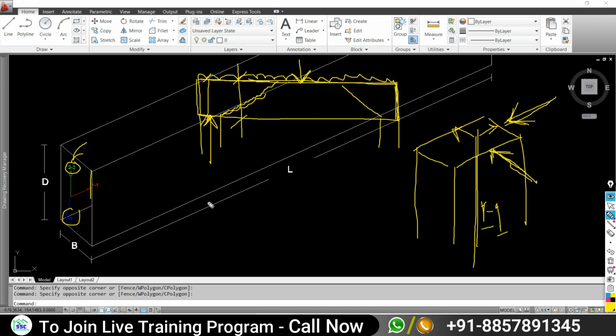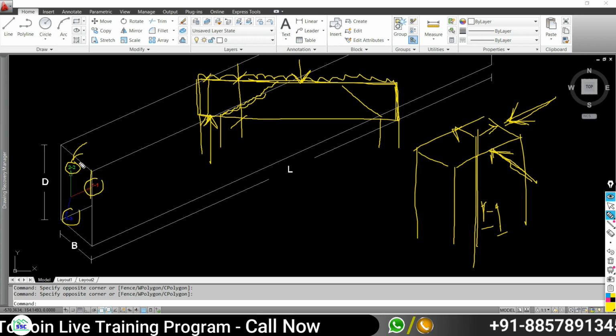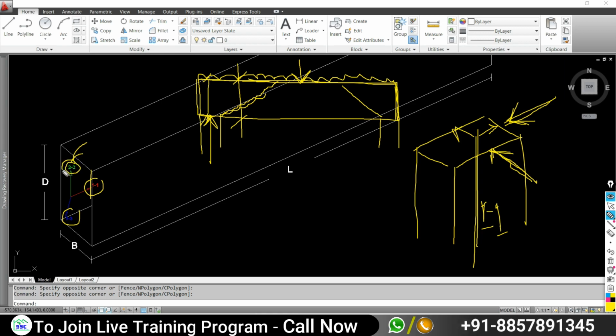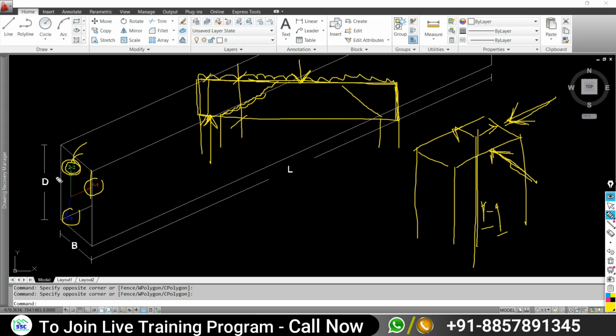So always keep in mind, whenever you need to look at the axial force in any frame member, like a column, you need to look at axis 1, 1. Whenever you need to look for the shear force, particularly for the beam, you need to look at axis 2, 2. So the major axis, conclusion is what? Major axis